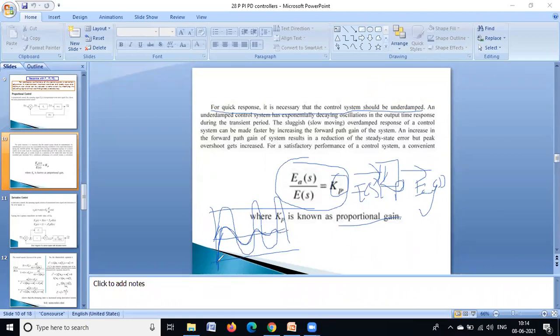Next, when it is critically damped, when zeta is equal to unity, the response is something like this. When zeta is greater than 1, it takes more time to reach the final value; it is a sluggish, slow system. As the zeta value increases,